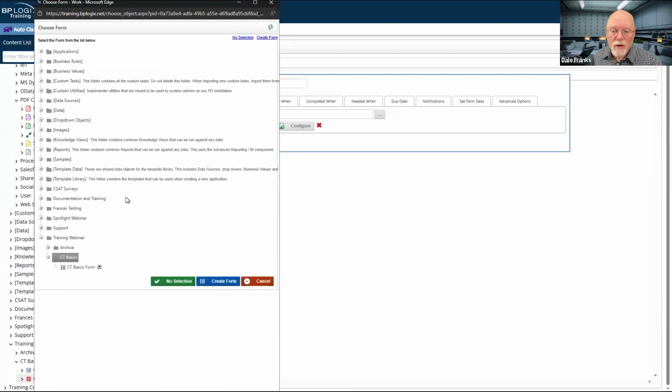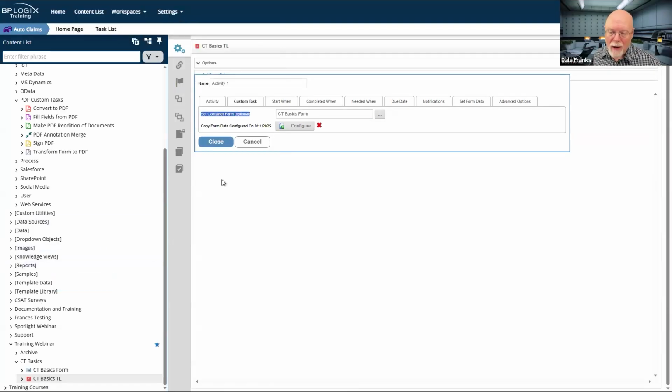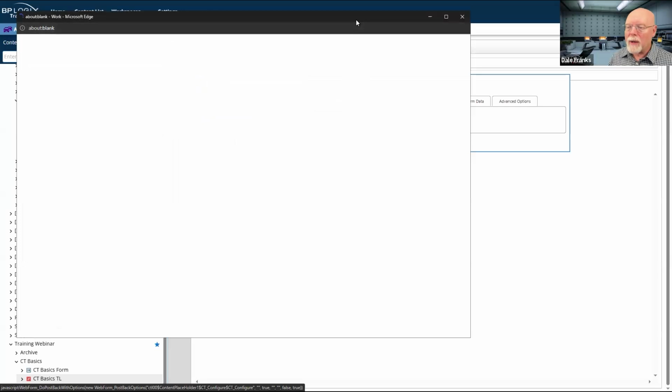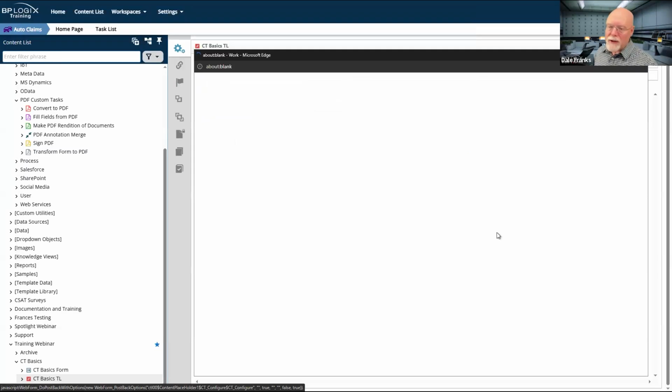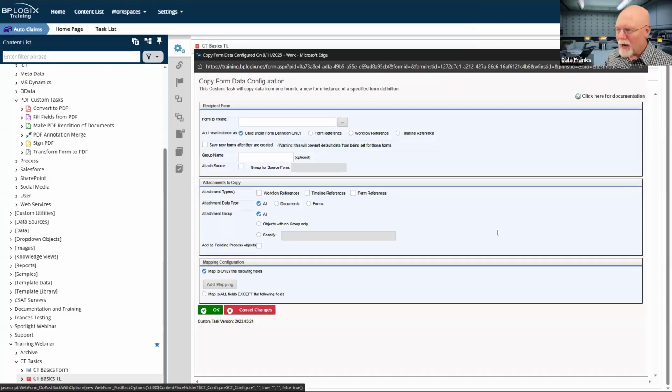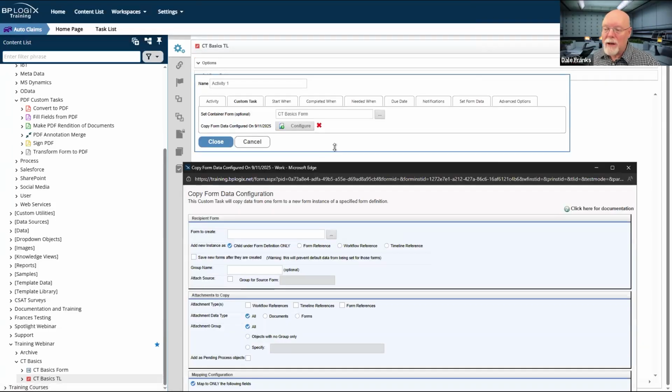What is the source of my data? I only have one form, which is my CT Basics form. But great, because now that I've set that, I can open up the configuration. And you may, in fact, often see an error. I see it whenever I'm cowboying through a custom task in a process timeline and I don't set that basics form,